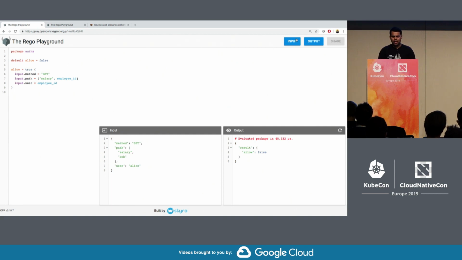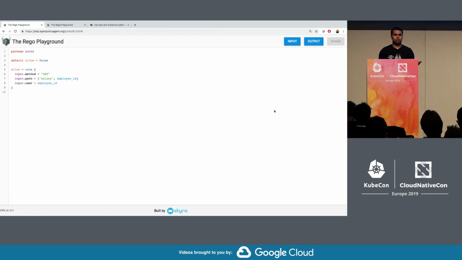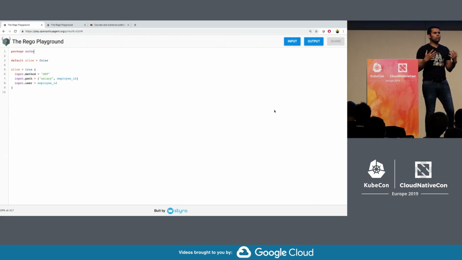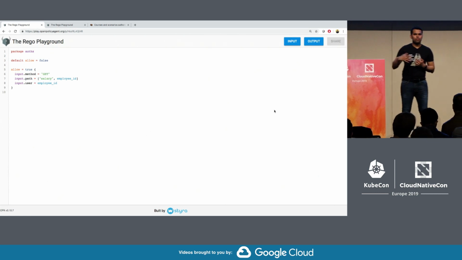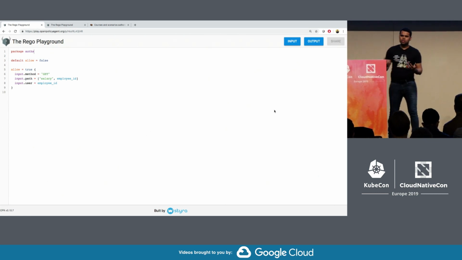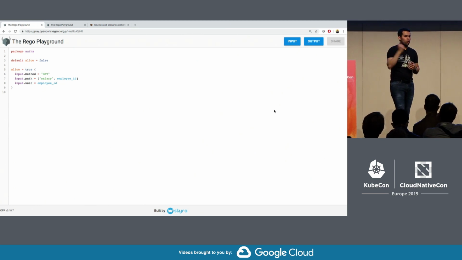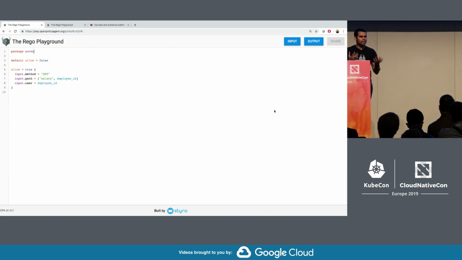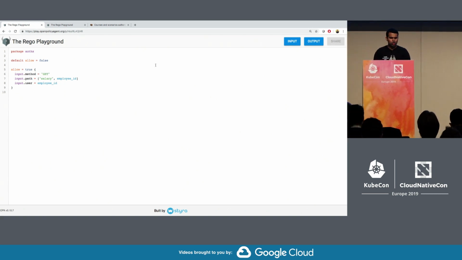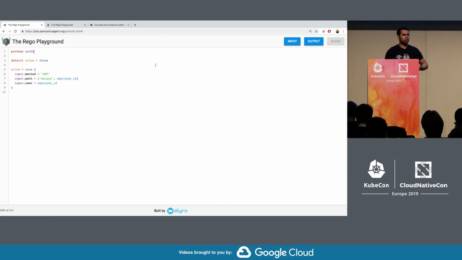And now let's imagine that Alice gets a promotion and she becomes Bob's manager. So the second part of our policy said that a manager should be able to see the employee's salary. So you need to tell OPA this new information about Alice being Bob's manager. And so you can imagine this information being stored somewhere in your LDAP server, and you can pull that into the policy and use that as context for your policies. So in this case, just for demo purposes, I'm just going to hard code this information in the policy itself.